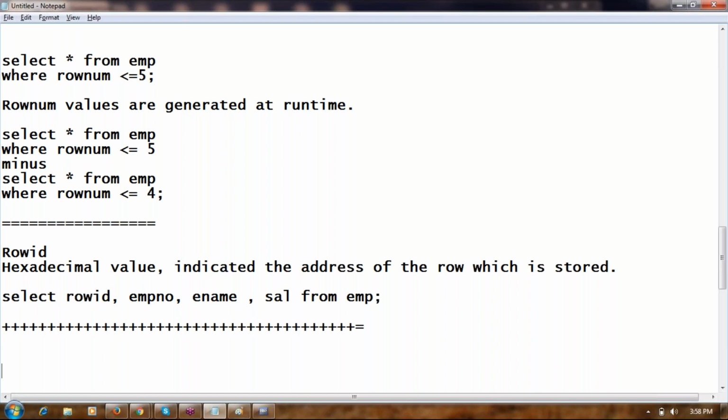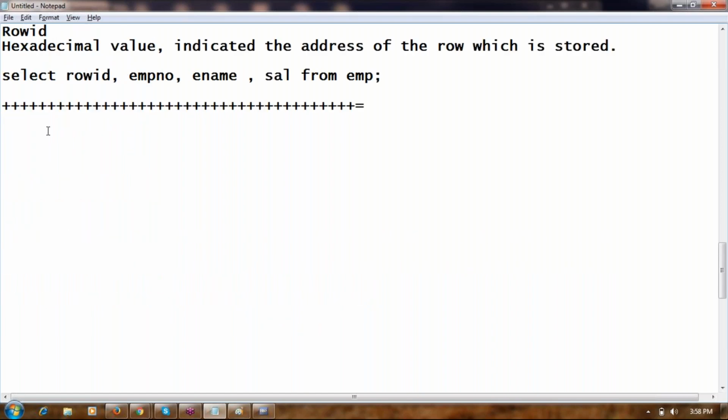Let's move to the next concept. Subqueries. Subqueries are also called nested queries.